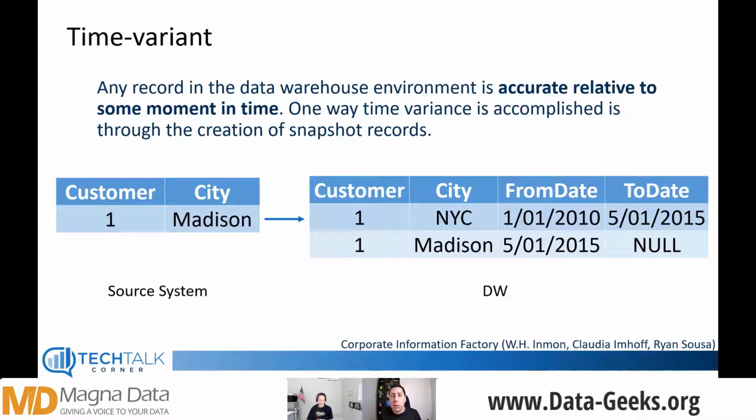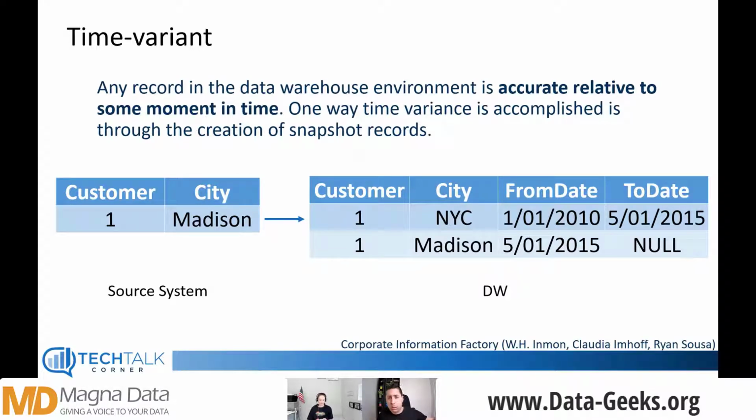Concepts that are related to this would be the slowly changing dimensions, right? But we don't need to go to that to start talking about those topics yet. Again, think about this feature. We need to have this feature and capability in the data warehouse, right? So we create a new record and we tell that the customer is now living in Madison, and we flag the previous record as an old record.